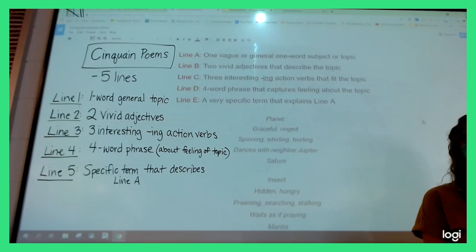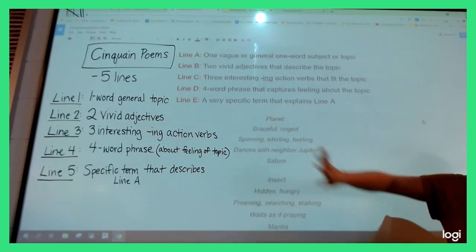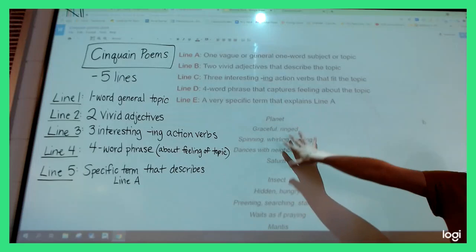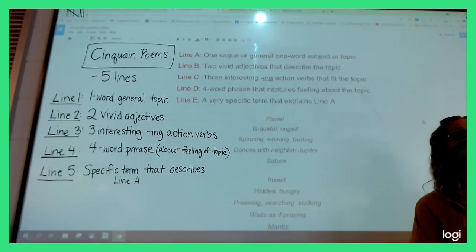Hudson. Did you know Saturn's ring is starting to rust? Well, actually, what's the material that Saturn's? It's all sorts of little particles of things that are caught in an orbit around the planet. So I am not a Saturn expert. Then we've got to stay focused on just the poem stuff. Any questions on poems? Cinquain poems. Dylan. When?